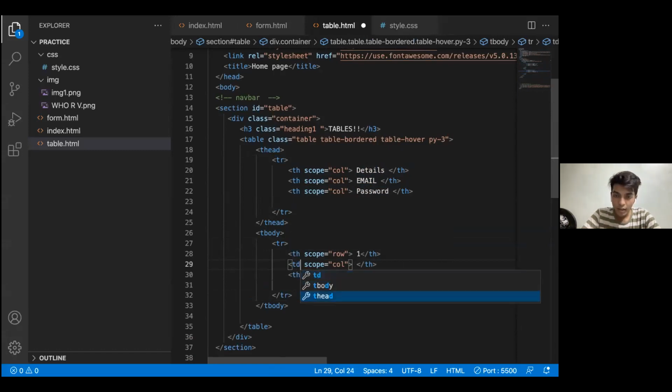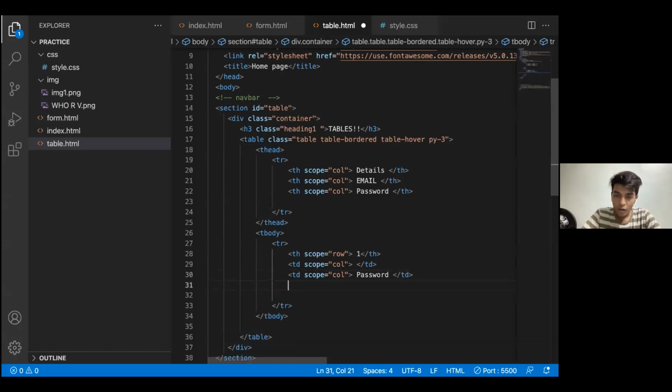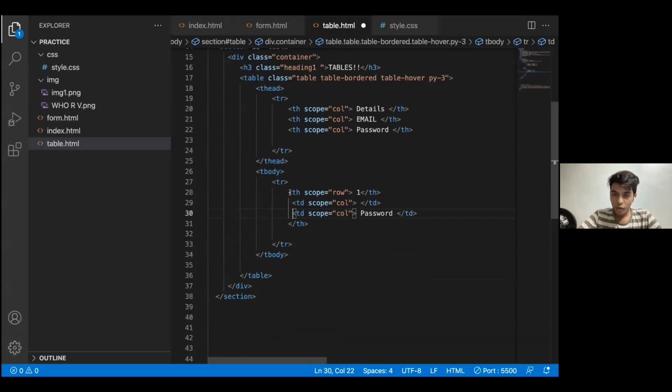This would be TD. This would be TD. This would be TD. And I have to close it with TH because I want the first to be the table heading. So this is the format. Yeah. So there is a row. I need the part of the scope. The first thing that I want is a particular part where TH is my table heading, which is of the first row. I want the things that I'm going to write here in my first row.